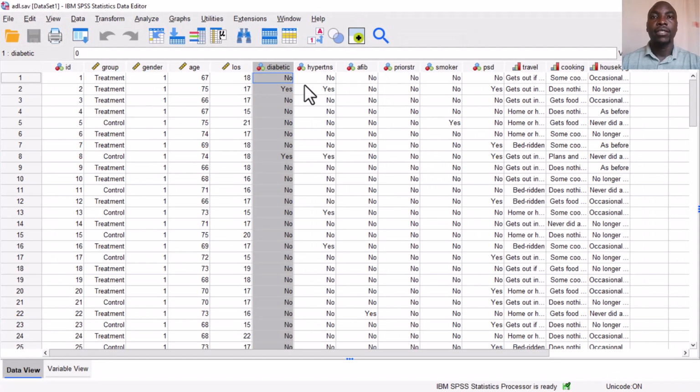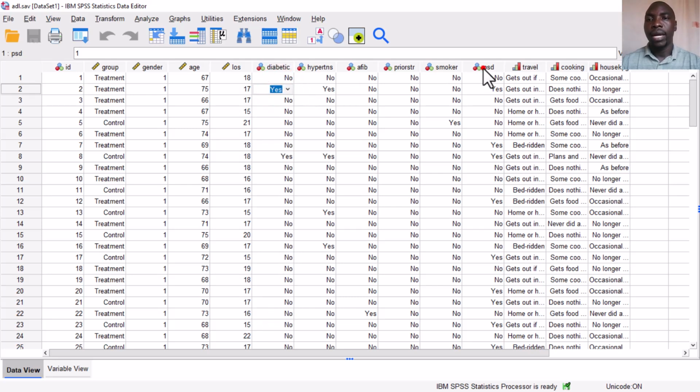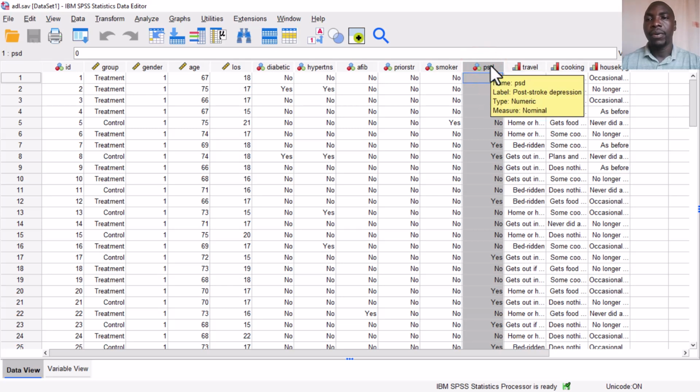Today our focus is going to be on two variables. One is called diabetic, which is the diabetes mellitus status, whether someone does not have diabetes or whether someone has diabetes mellitus for a yes. The second one is going to be PSD, which is for post-stroke depression, where there is a no for someone who doesn't have and yes for someone